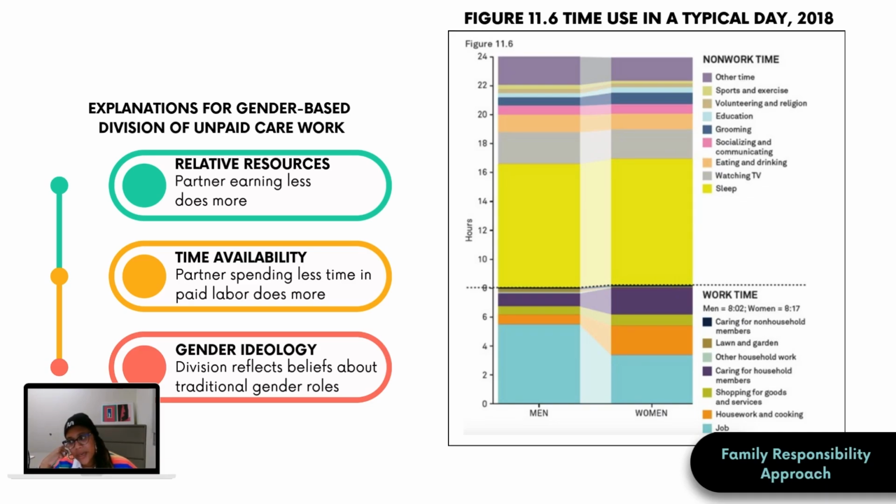Okay. For example, there are studies that show that as wives' hours of employment rose, their time spent on household labor and care decreases, right? But is it because the men are doing more? Mm-mm. Even in these cases, it's because either women are just lowering their standards, or because they're passing that work on to other women, because it's still women's work. They might be outsourcing it, or they're just not doing it, right?